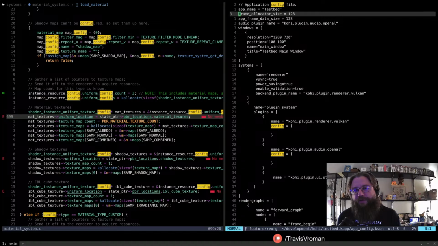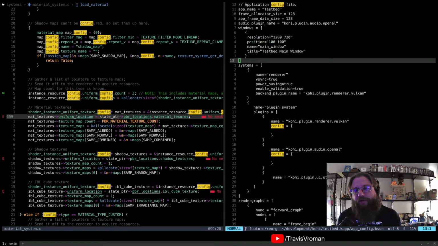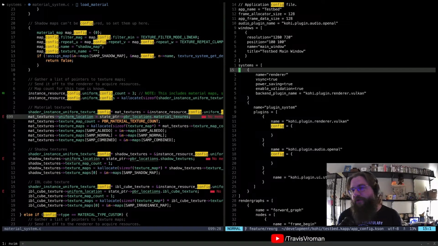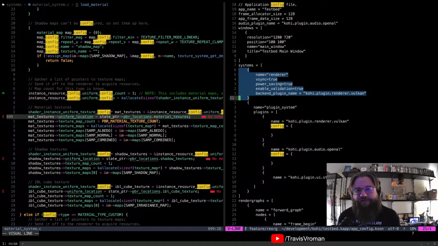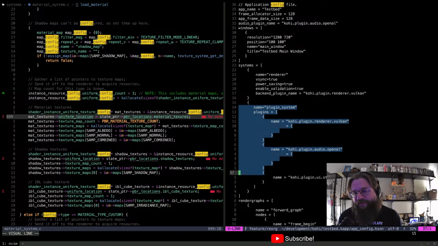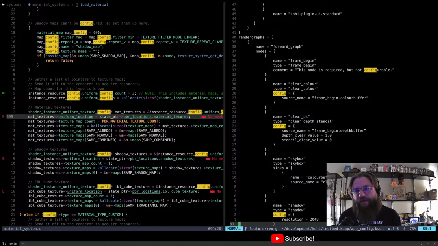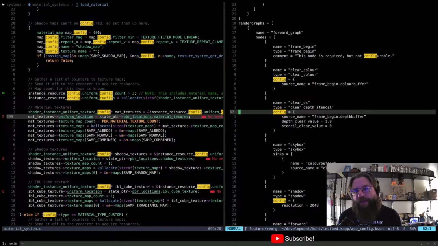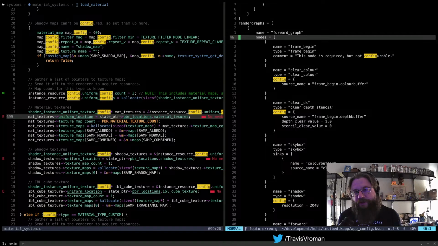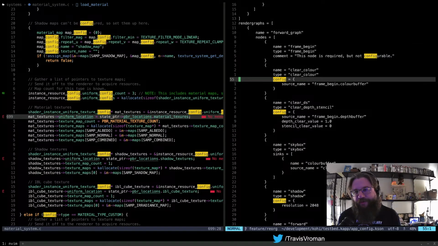So we can come in here to our application config and set up what kind of windows we want to start off with. All of our individual systems have their own config too, where we can set up flags and stuff. We can define what our plugins are, and individual configuration for those. I'm still stubbing that out. But then we also have this render graph config here, where I can set up what all the nodes are, their name and type, and then some configuration there.